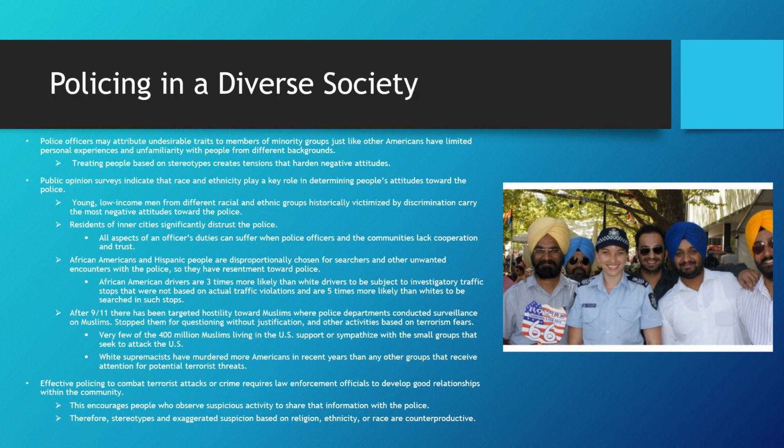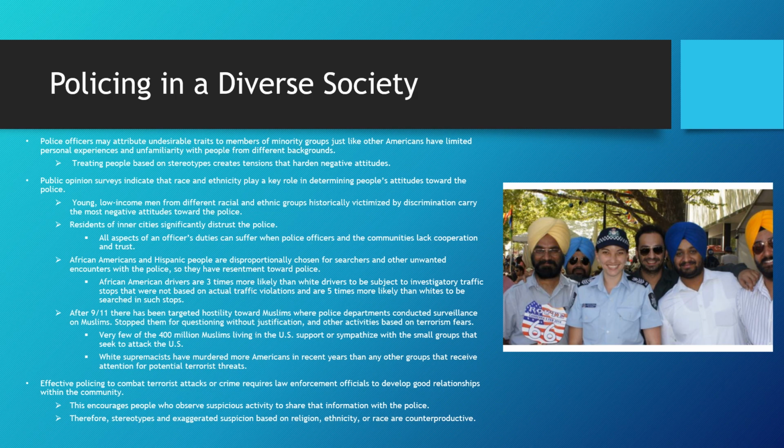Additionally, after 9/11, there has been targeted hostility towards Muslims, where police departments conducted surveillance on Muslims and also stopped them for questioning without justification and other activities based on terrorism fears. Very few of the 400 million Muslims living in the U.S. support or sympathize with the small groups that seek to attack the U.S. In fact, white supremacists have murdered more Americans in recent years than any other group that receives attention for potential